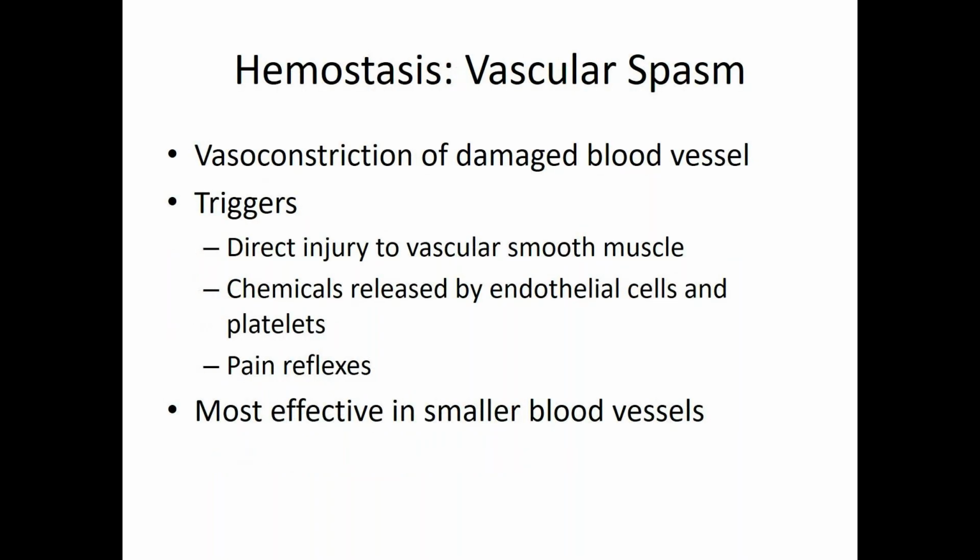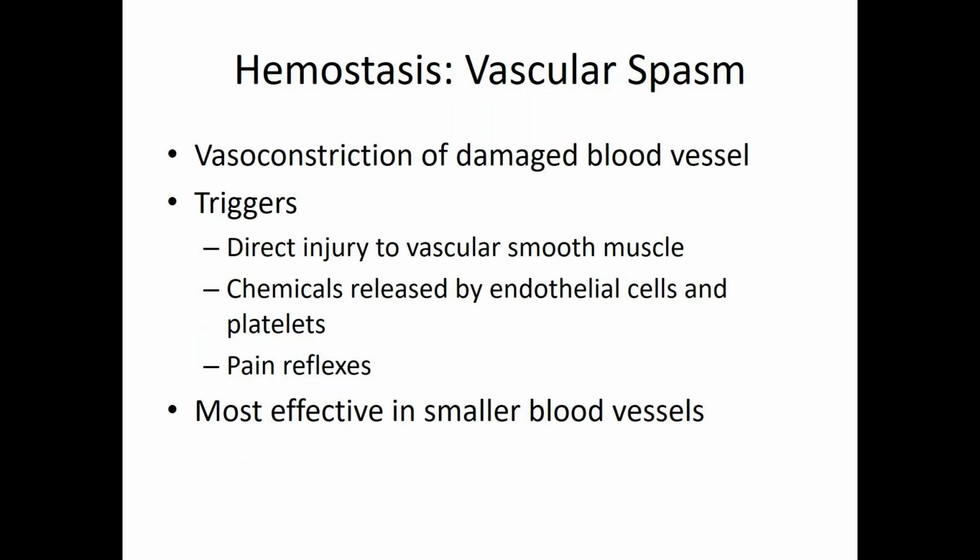The vascular spasm is just vasoconstriction. Right? A spasm is just a contraction. So a vascular spasm is a contraction of that circular layer of muscle on our blood vessels. Triggered by, obviously, damage to the tissue of the blood vessel itself. We're also going to see that damaged tissues release, for lack of a better word, something called Schreckstoff, which is sort of a cue that cells have been damaged. Okay? So that's a chemical signal there. Or activation of a nociceptor, or pain reflex, can also be used.